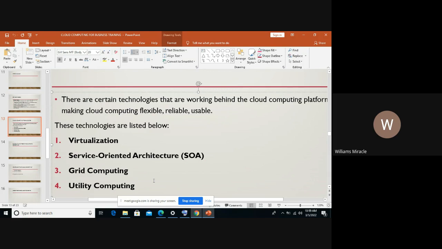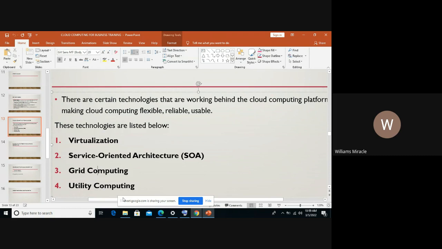So that's very important. Grid computing is very important too, and it refers to you being able to distribute applications in which a group of computers from multiple locations are connected with each other to achieve a common objective.